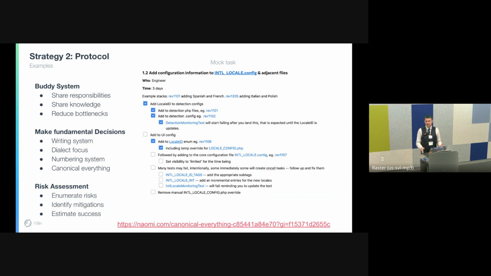Another part of this is making fundamental decisions. As I alluded to, decide early: what's the writing system that you're working on? What is the dialect you're focusing on? While it'd be nice if there was just one language and it was that simple, that's not the case for many languages. And if you choose one dialect, then you're going to disadvantage all of the other people that speak different dialects, so you have to find the right one. For instance, in our Spanish translations, we have Spanish Castellano for Spain, and we have Spanish for Latin America. Latin American Spanish is not a real dialect, but that's something we had to choose in order to serve the wide population without having all these duplicate translations.